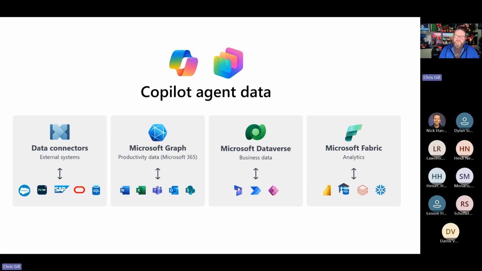Every connector, data call, and action off to the agents is basically bound by security policies that control who can access what. So from an IT security perspective, this means you don't really have to choose between control and innovation. You can let people build and use agents, allowing access, sharing, and usage all managed in this one compliant framework. So in short, Microsoft Copilot makes data more usable, but just as importantly, it makes it governable.